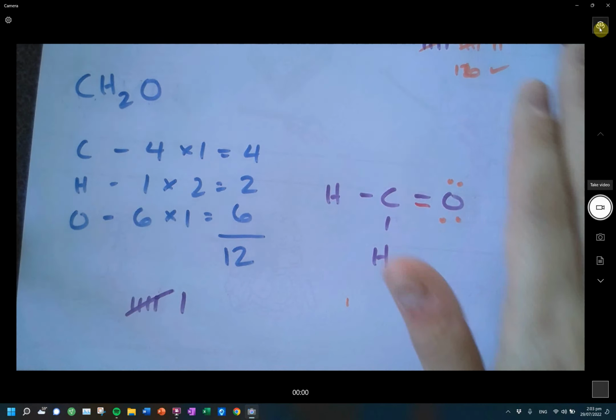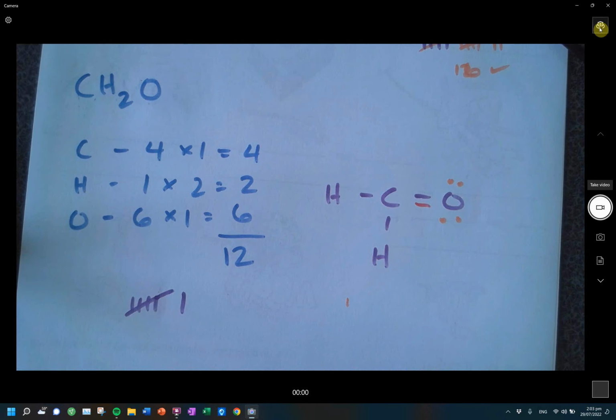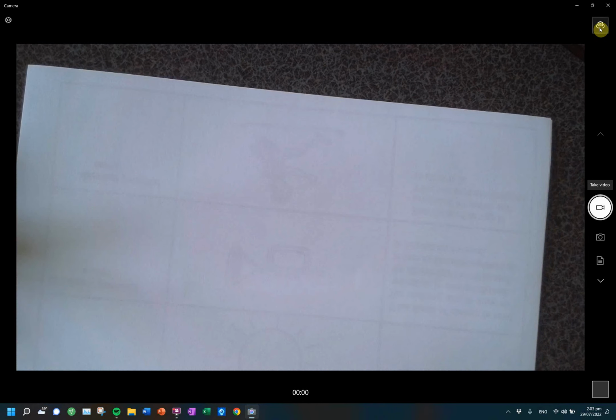Okay, so 2, 4, 6, 8, 10, 12. Yeah, I was right. 12 is higher. Okay. So with the level 3 chemistry, now what you got to be mindful of is that things can get bigger and more complicated. When we are particularly looking at elements such as sulfur and phosphorus, they can do that extended octet, and so we are not bound by the octet rule anymore, so they can actually get a higher number of electrons, and they can actually do more bonding as well. So let me go through some examples of what they would look like, and again, the process is exactly the same. So if I have